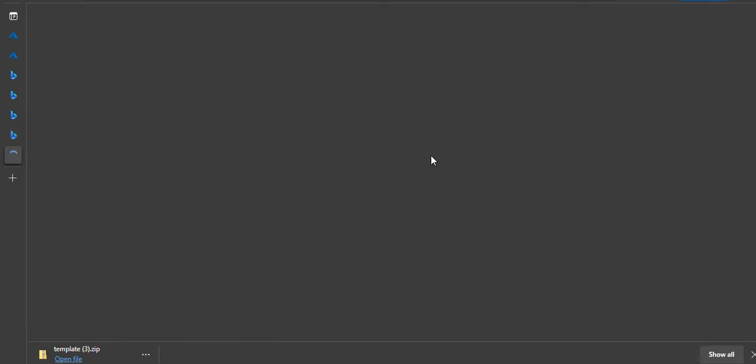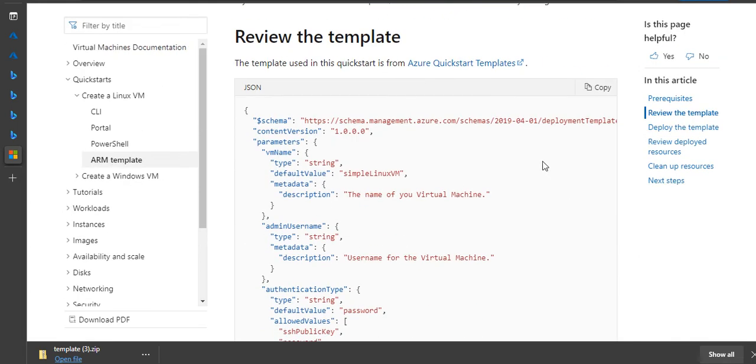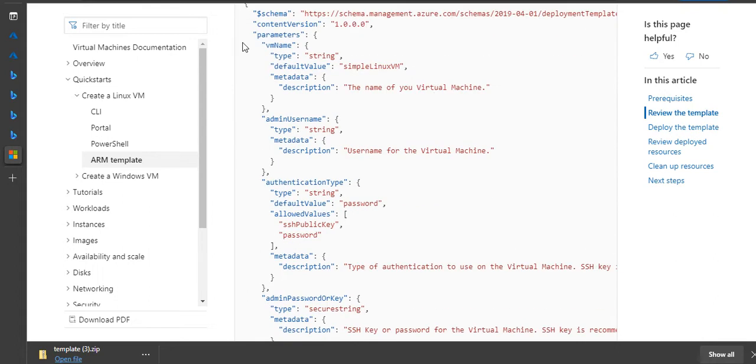So we'll open that. And if you open this, you can see that there's a template here, which basically will be used by ServiceNow to provision the VM. If you see the template, you can understand that there is a section called parameters, which basically tells you what are the different parameters required to provision the VM. And then there are also something called type and default value. Type tells you what is the data type of this parameter, and default value tells you what default value it can take, right? So you can directly use this